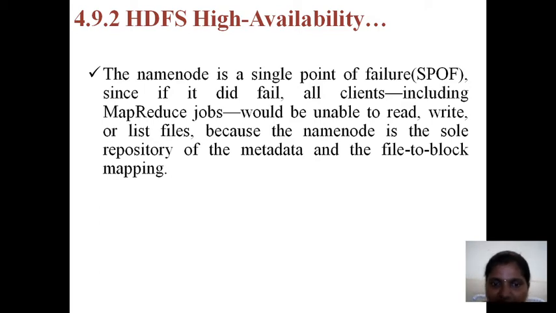The HDFS high availability. See, high availability with the maintenance of two systems is not enough. For example, unfortunately, when a calamity occurs in whatever cloud we are maintaining, if these two systems are gone, what happens? We would have to give up because we are not able to get our total data. So in that case, we need some mechanisms to overcome these problems. What the author wants to convey is, as the name node is a single point of failure, we should be able to get our data back.